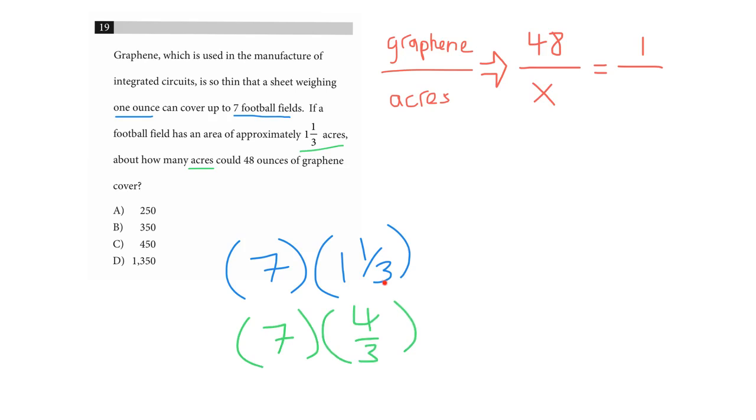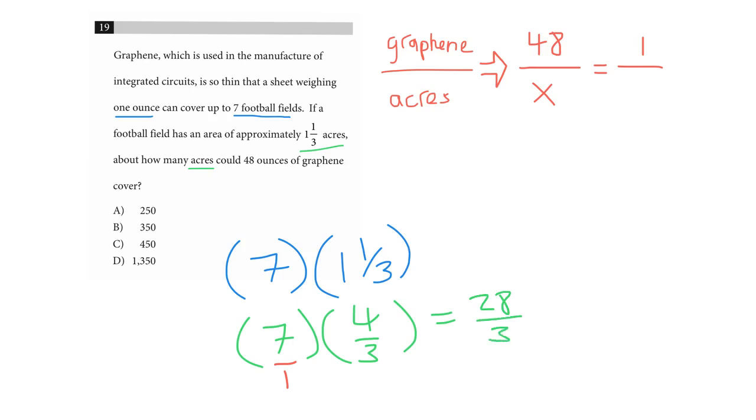And I got that by multiplying 3 times 1 and then adding 1 to get the numerator. And then we end up with the 3 down below. And then we have this situation where we're multiplying a whole number times a fraction. Now, for those of you at home, in case you can't quite remember, there's secretly a 1 underneath that 7. So in a way, it's almost like multiplying a fraction times another fraction. Just multiply straight across. So we end up with